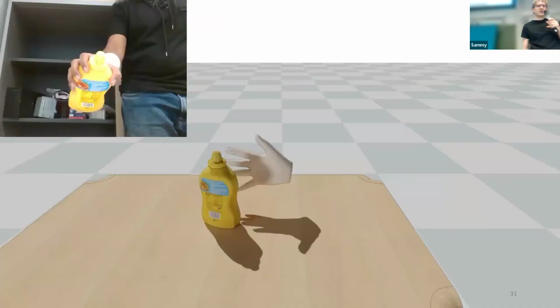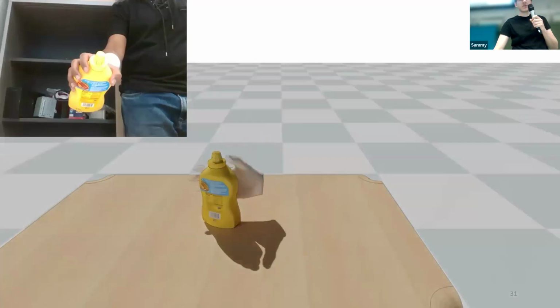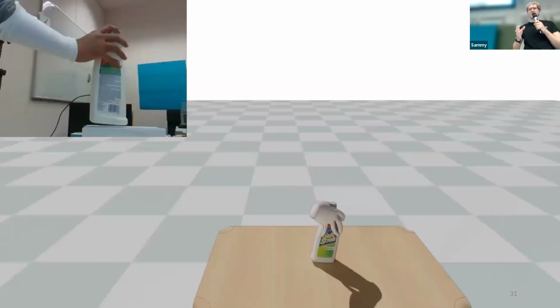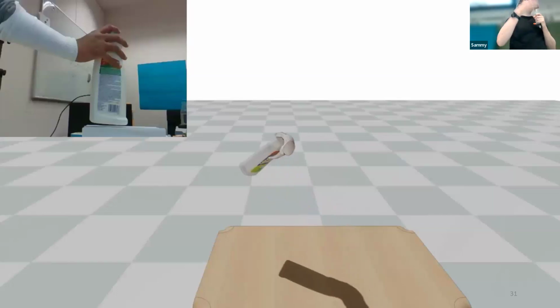Okay, and then we want to show that this is also practical, that we can take a single image of a human hand grasp, use some off-the-shelf pose estimator, and then from this single grasp, we want to make dynamic sequences out of it. So you see, we can feed this single grasp into our method and generate sequences that are dynamic.